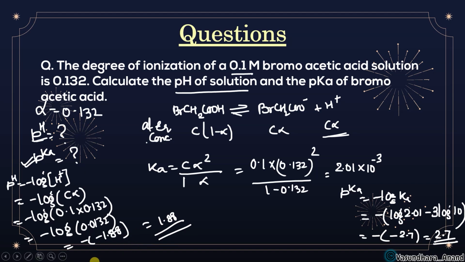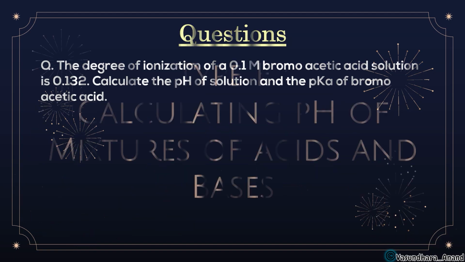I hope it is clear. You will have to solve it, that is how you will solve it. If there is any problem, just convert it into 13.2 into 10 to the power minus 3. Do it in this way. And here write the log value of 13.2, and here it is 3 log 10, and then subtract it, you will get this minus 1.88. Solve it, you will get this. Clear? Okay, now move to next question and next type actually.